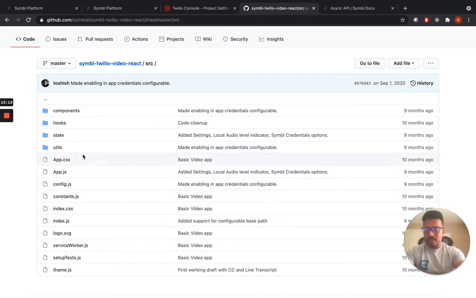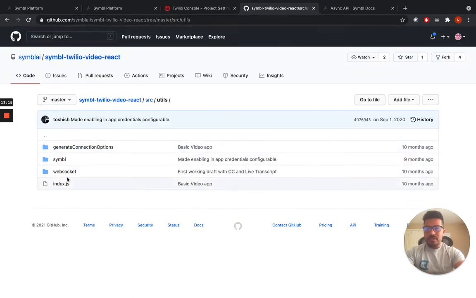I'll show you where the integration between Symbl and Twilio is happening, because what is happening in this particular application is that Symbl is taking the audio stream from Twilio. While the communication is happening in the Twilio application, like one user talking to another user, the same audio stream is forked and sent to Symbl as well.